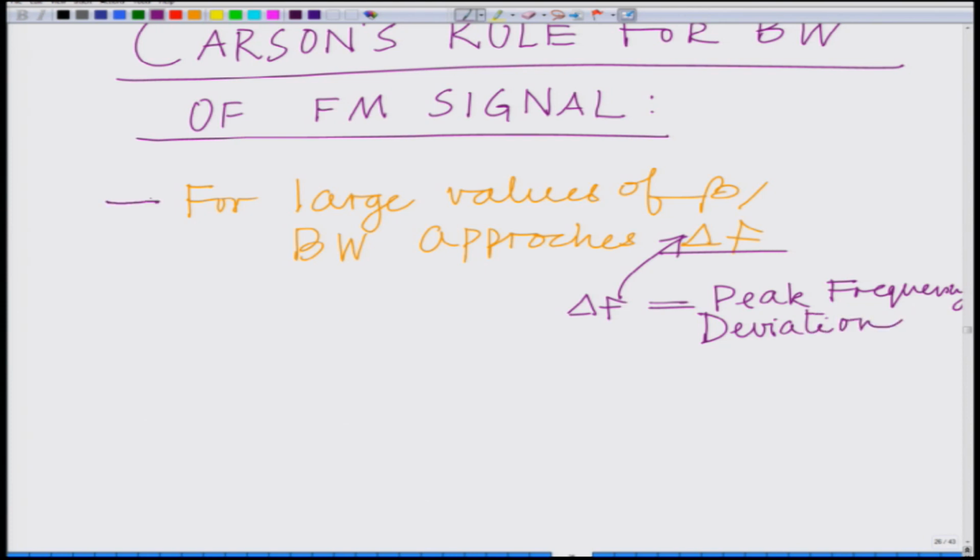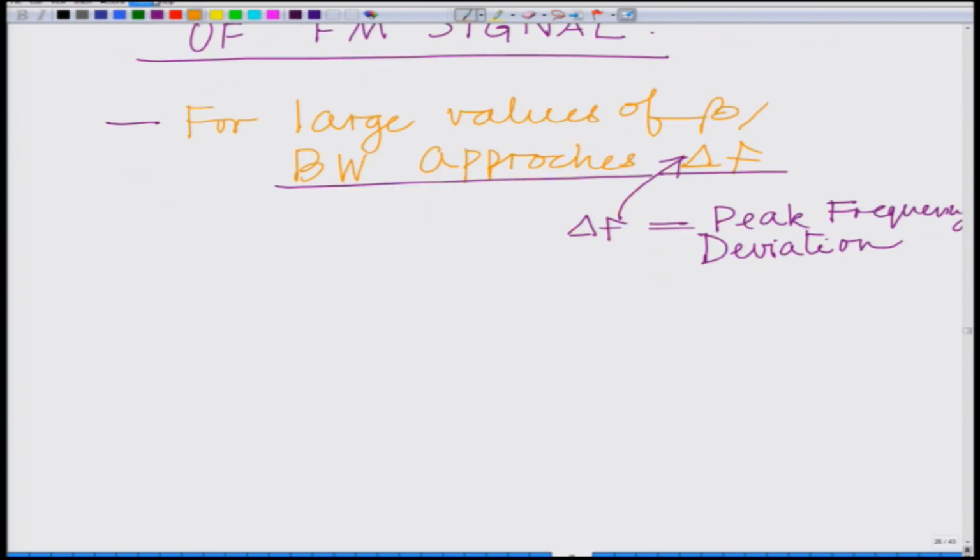Okay. So, for large values of beta, the bandwidth approaches delta f. However, for small values of the modulation index beta, for small values of beta, the bandwidth